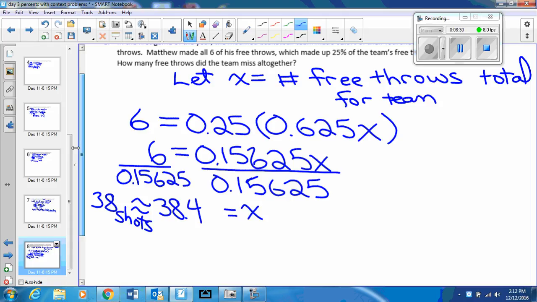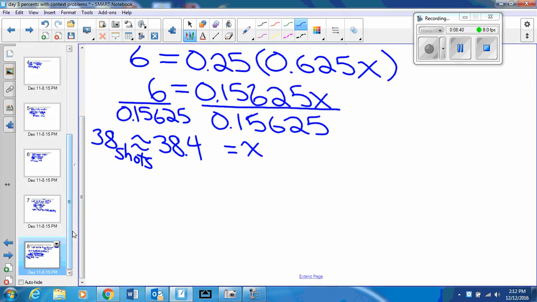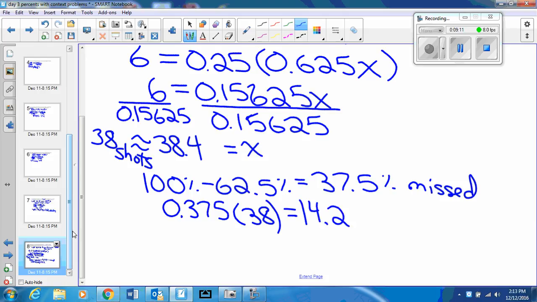And then we had to figure out how many the team missed. So to figure out the number they missed, there's a couple of options. They made 62.5%. So the percent that they missed, I can subtract 62.5% from 100. That gives me 37.5% that they missed. And now I would multiply that decimal, 0.375, by the 38 shots they took. So 0.375 times 38 gives me 14.25. So in this context, I would round down to 14 missed